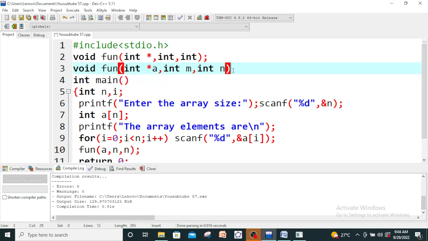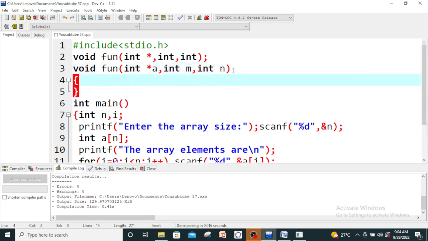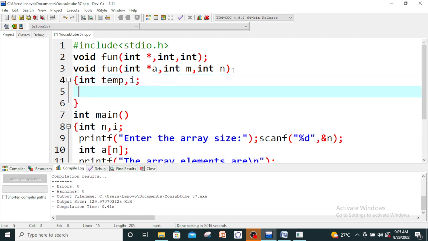Okay, now I type inside the body of this function. I take an integer temp because I have to swap. Obviously the bubble sort is based on swapping, so for that I take a variable temp and i for the index number, and here I use the for loop, and the index starts from 0, and this must be less than m minus 1,